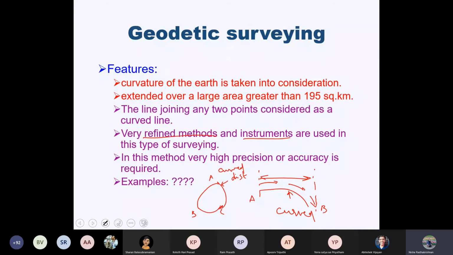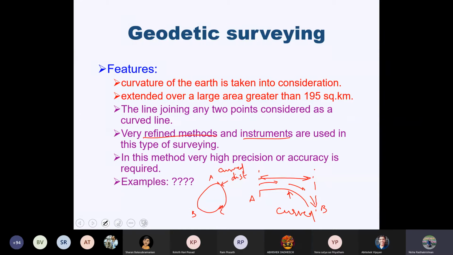Now, can you just think of some examples where geodetic surveying could be in use? Earth measuring, observation. Area of a country, okay. Then somebody else: sea level survey, of the sea level. Nautical, survey of the sea, yes. Then somebody else: establishment of new control points in the country. Establishment of new control points in the country.